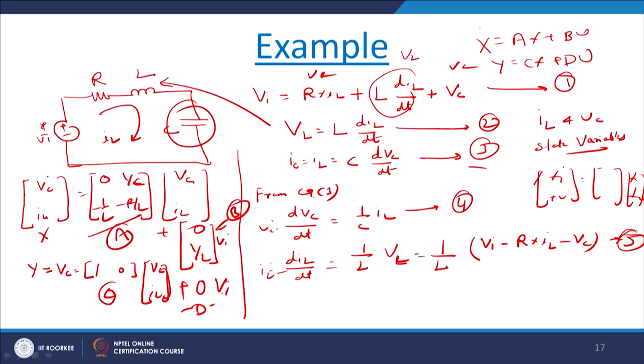So this is the one example I have taken. Similarly, we can try different examples and develop the state space model of the plant. Earlier we also determined the transfer function model of such circuits, but if you determine the transfer function, you will get a second order system, whereas in state space we get only first order systems. So whenever any system is given to you, you have to see the energy storage elements, then formulate the equations and develop the state space model of the plant.